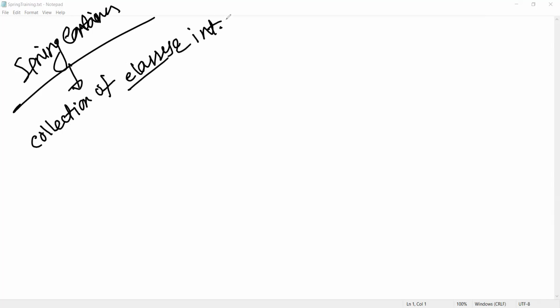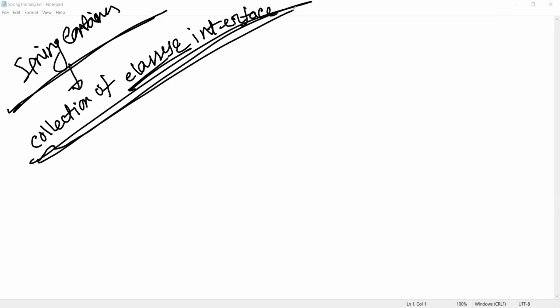Also, it's quite common, the jar file. Leave the jar file aside, internally it is simply a Java program, right? A collection of classes or interfaces. You are keeping these classes and interfaces in a package inside the jar file only. Simply say, what is Spring container? Nothing but a collection. Actually, it's not a single Java program, it's a collection of Java programs, or a collection of classes, right?